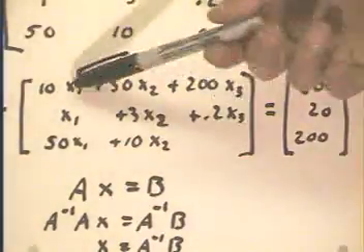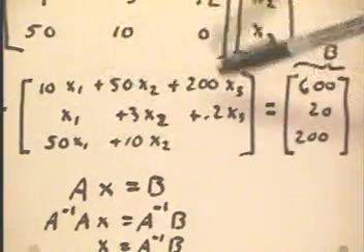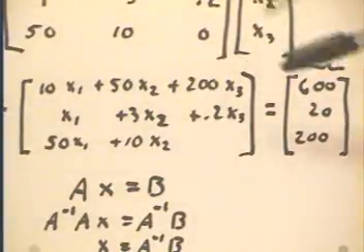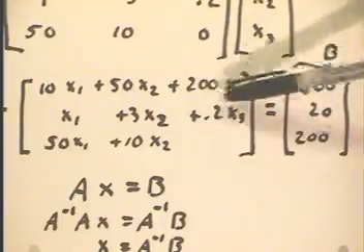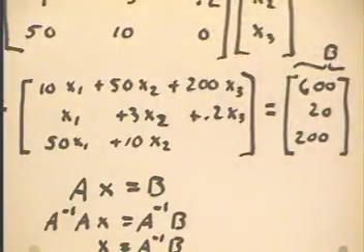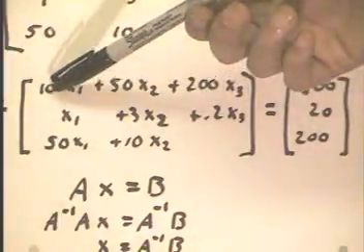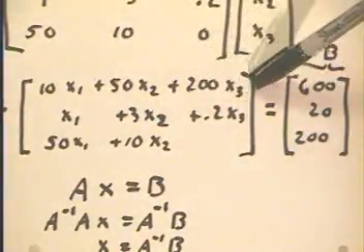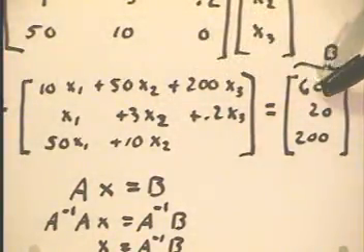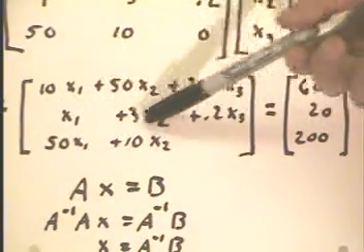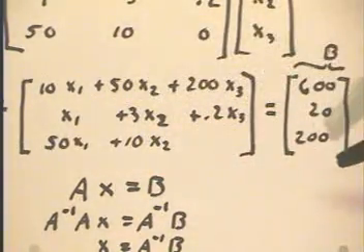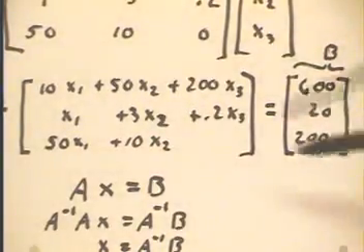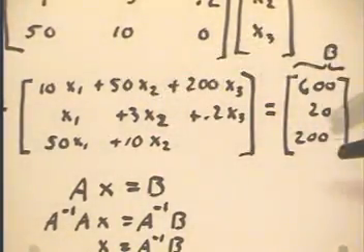We can write the system of equations representing the amounts of gelatin, fish, and meat, x1, x2, and x3. The first equation, recall, is 10x1 plus 50x2 plus 200x3 equals 600. x1 plus 3x2 plus 0.2x3 equals 20. 50x1 plus 10x2 equals 200. We have the three equations here, but we've